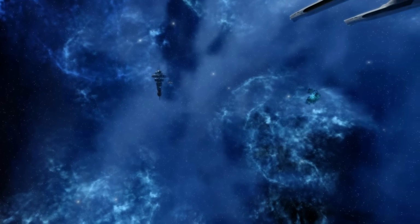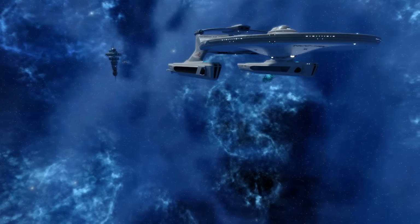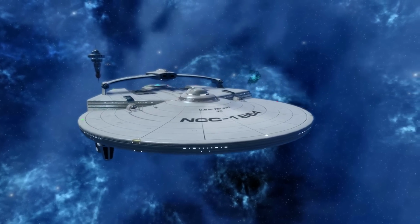The Azure Nebula is a strange location. Hi all, Rick here, taking a look into the cerulean hues of this interstellar cloud of gas to see just